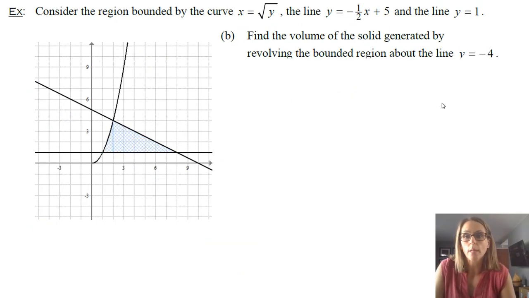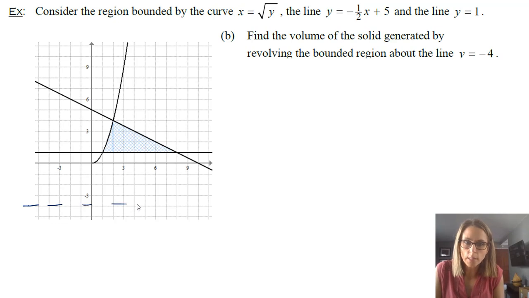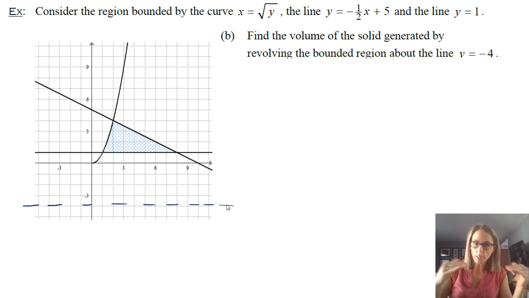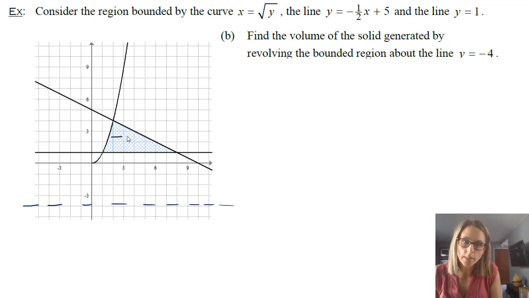Okay, so last one here. Now, very similar to two problems back, we're taking the same exact thing, but we're just going to rotate it around the line y equals -4. So now we're down here, and you can see that what that's going to do, not surprisingly, is increase the radius, because instead of rotating around the y-axis, we're rotating around y equals -4. But it doesn't affect this distance here.